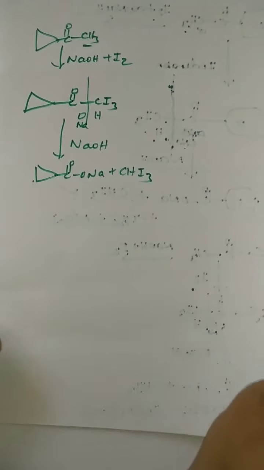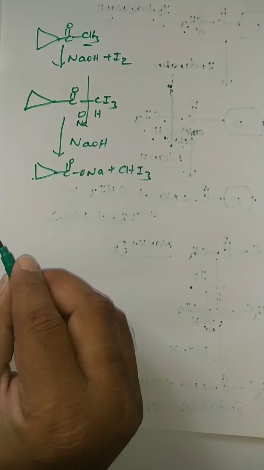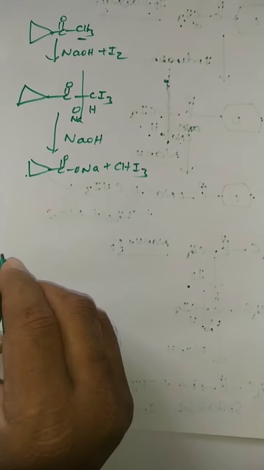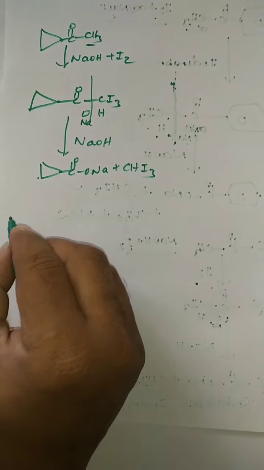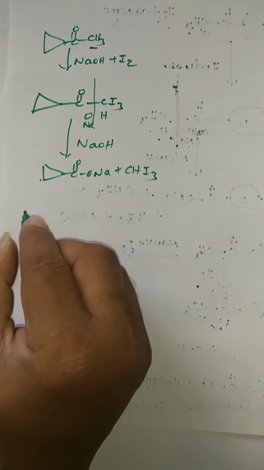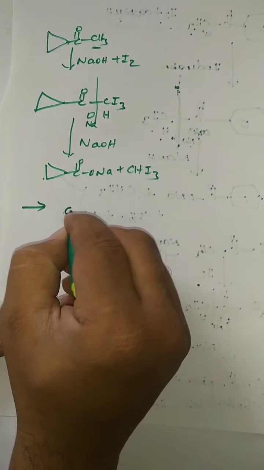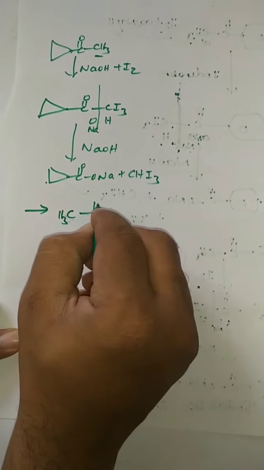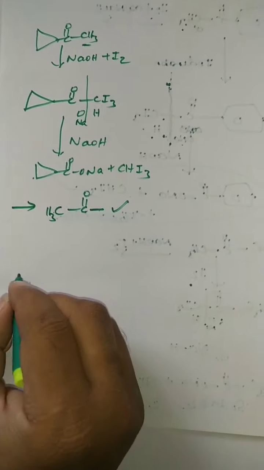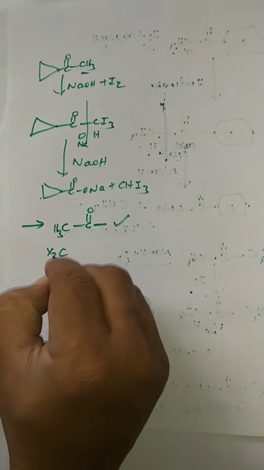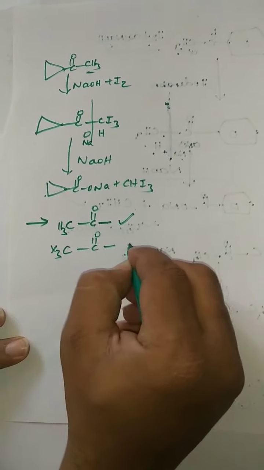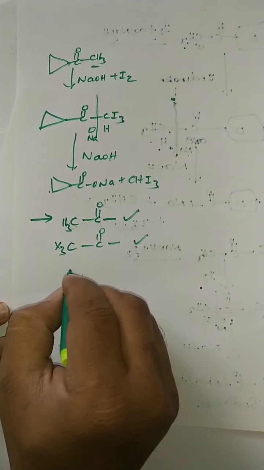Okay? So like this, whatever the compound is given, we can easily predict the products. Now, see what type of fragments containing compounds give the iodoform reaction. Compulsory, the methyl ketone fragment, CH3C=O, must be there, or the CX3C=O fragment. Compounds containing it undergo the iodoform reaction.